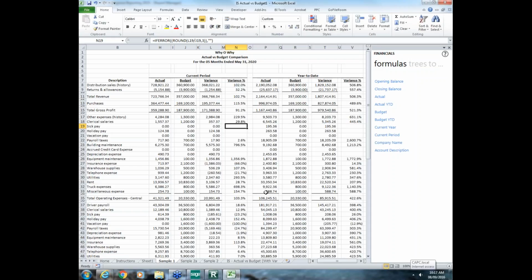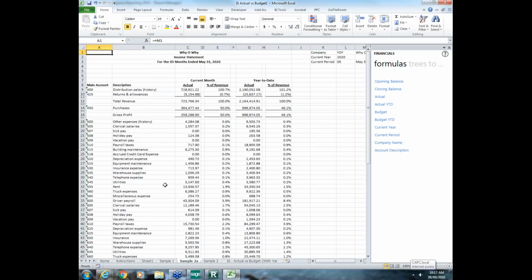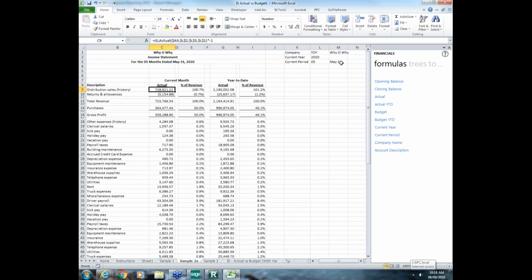So here, this is my same information, all my main accounts. I have all my account numbers, but this time I'm doing just current month, actual percent of revenue, and year-to-date actual percent of revenue. And I've already filled in the formula, so I've already referenced my year, my period, my company. And here is where I do a little formula where I say, what is the month and